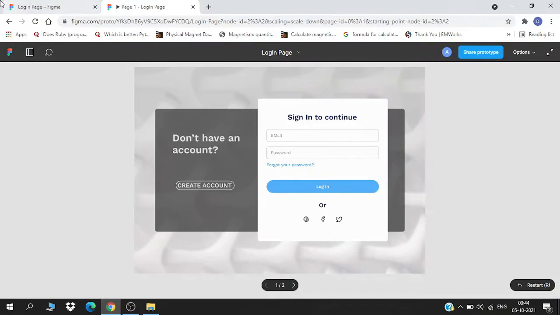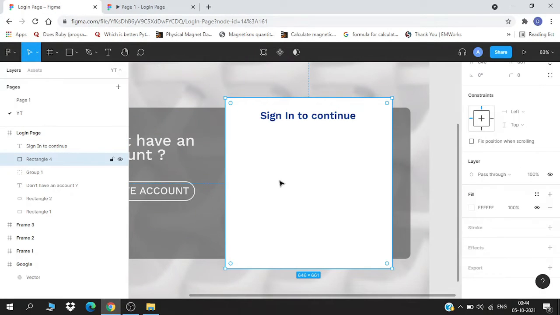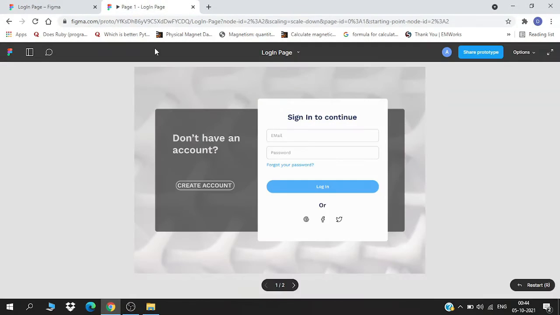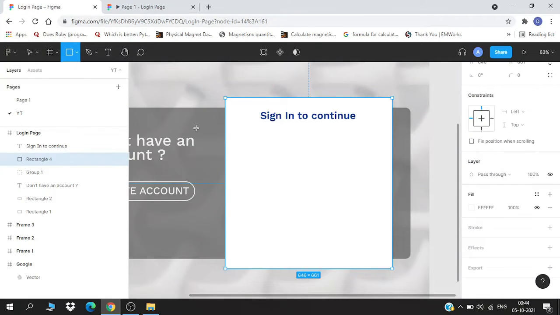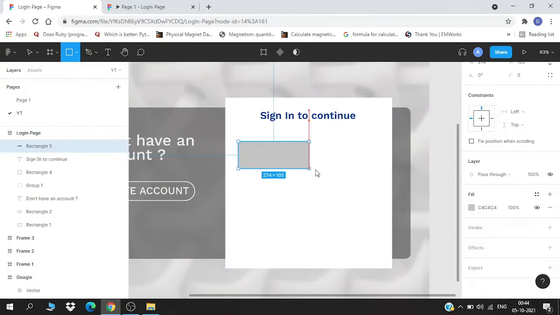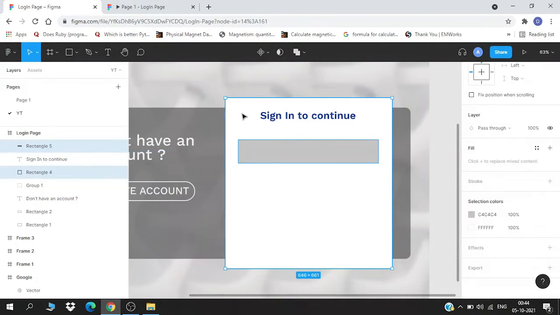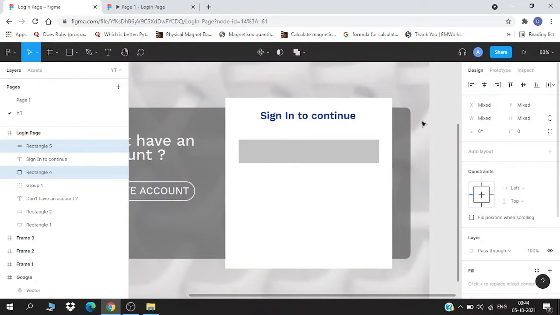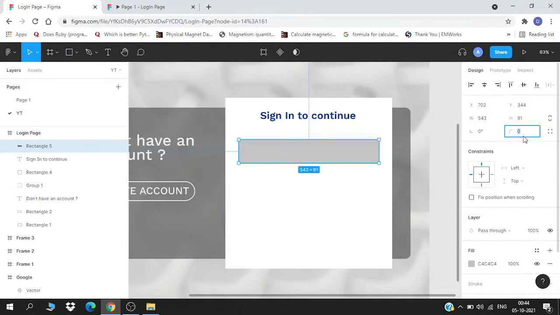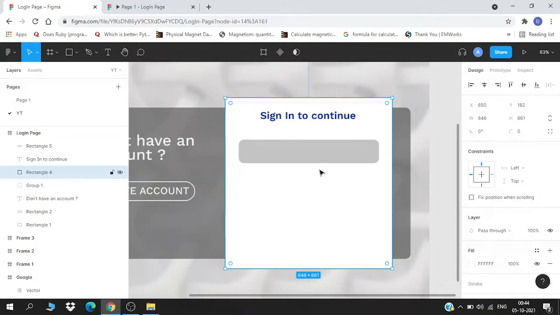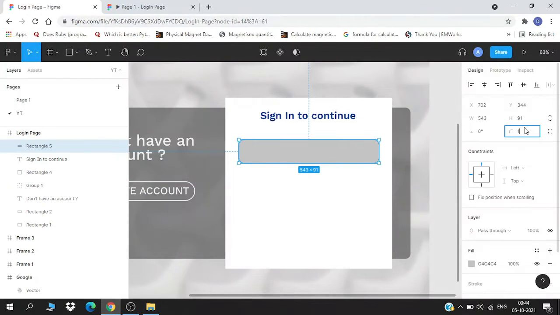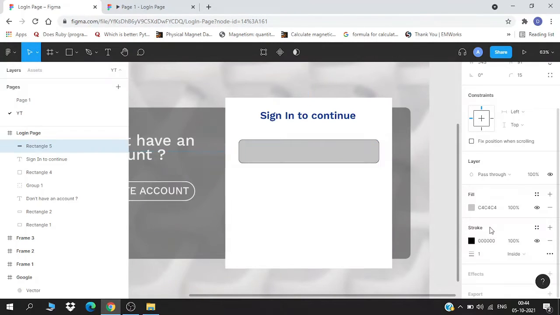Yeah, so color is almost, wow, that was just luck. So coming to the next, we will take another rectangle. We will do it a little fast because this is not really time consuming, it's a very short one. I'll align it with this, give it a border radius of 20 or a bit less. Yeah, I will give it a stroke.